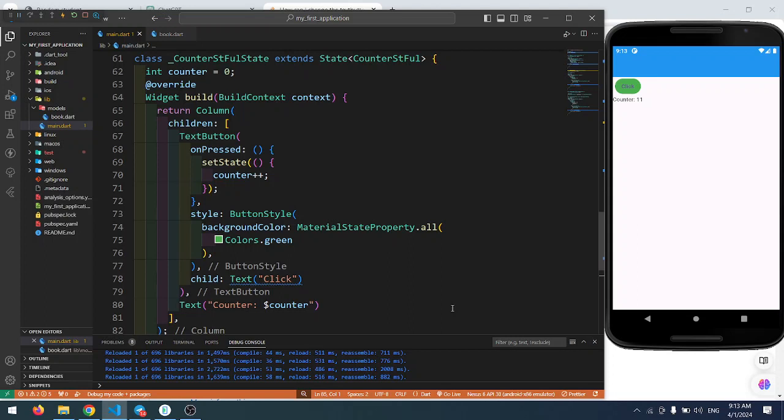Inside main. Open main, run app, material app, then